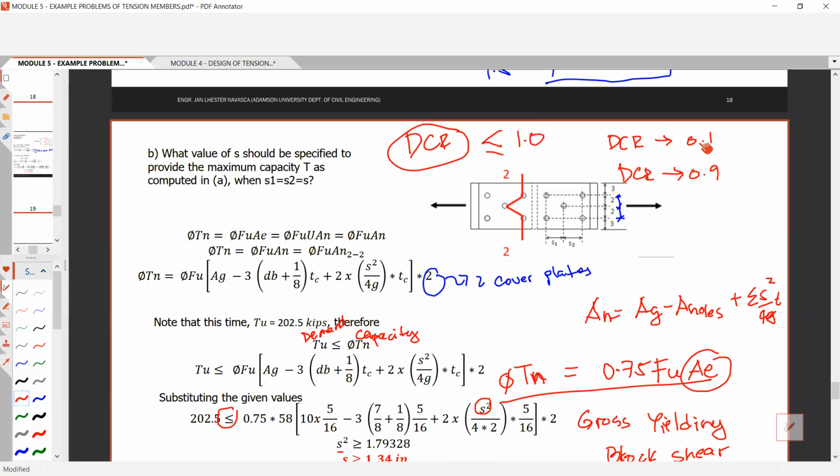So let's say your DCR that is 0.1, your column size is 600 by 600. And your DCR that is 0.9, your column is 400 by 400. So which one are you choosing? Therefore, I will be choosing this one, DCR that is 0.9, since this is economical. Okay, so much closer to 1.0 DCR, much more economical. Okay?